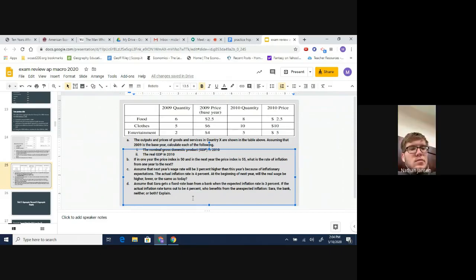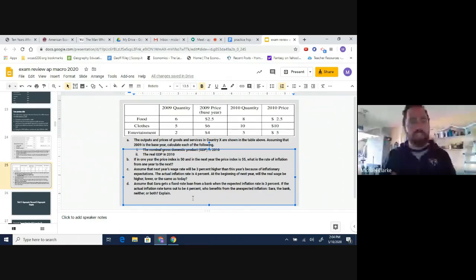Now, you don't have to say that entirely in your explanation here. You can either go with, from Sarah's point of view, how she benefits from inflation being 1% higher, not being charged for it, or talking about the bank losing because they should have charged Sarah a higher interest rate and therefore their money has less purchasing power when the loan is repaid. So you got to keep that in mind.